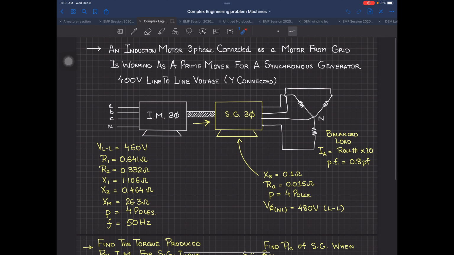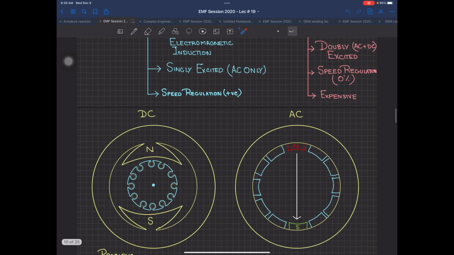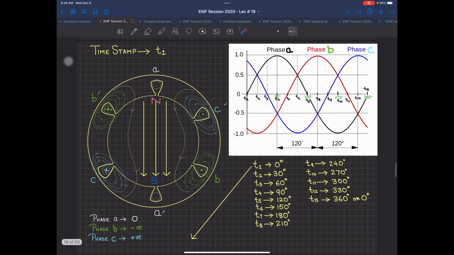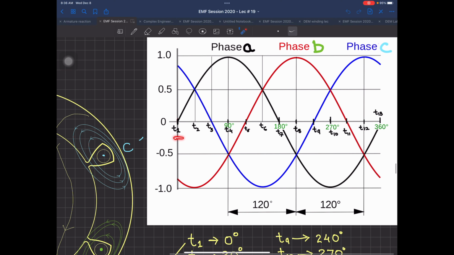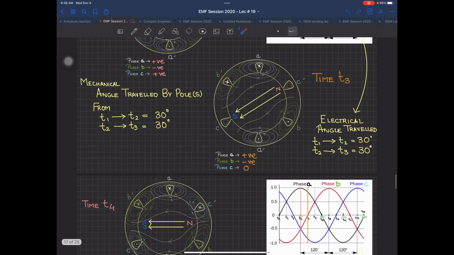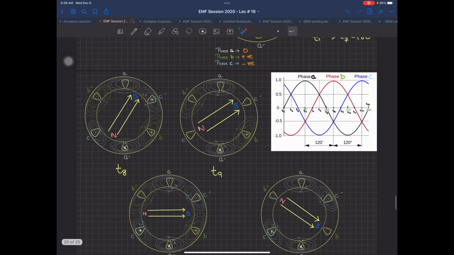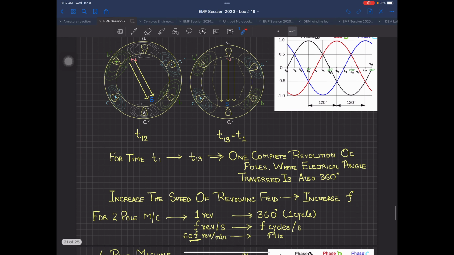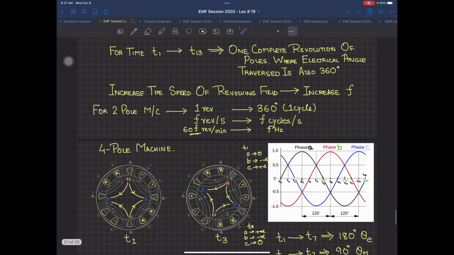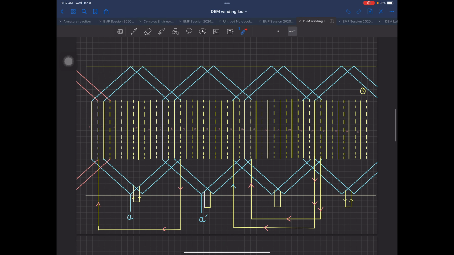And just to give you an idea, those of you who have, let me find out where is my lecture actually. Yes, this is the lecture that I have given to session 2020, revolving field. You can see I have given over here time T1, T2, T3. So this is 30, this is 30, 60 degrees. Then the 90, and so all these timestamps are plotted. I will strongly advise you to memorize everything or refresh it. I have made all these times over there so you can go through. This is actually lecture number 19 from your EMF session 2020 which is going on at present. Okay, coming back to this one.